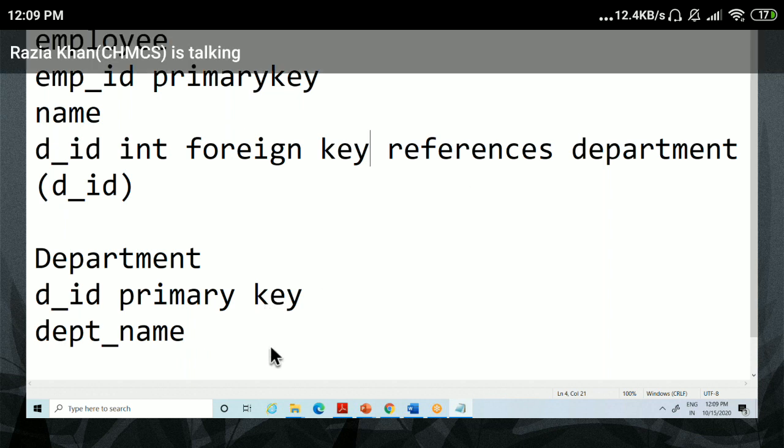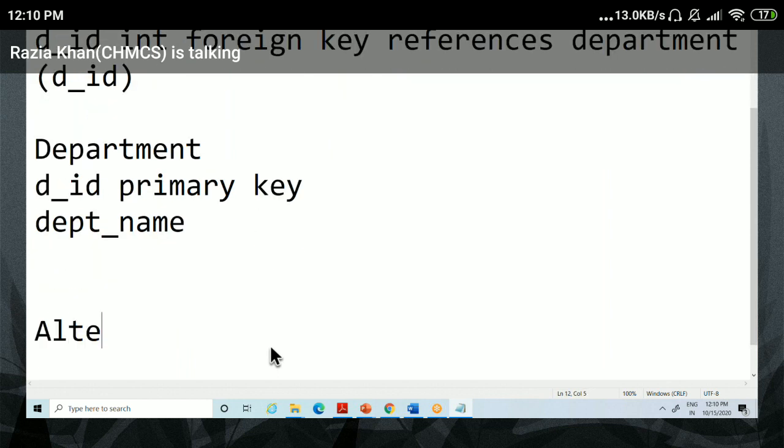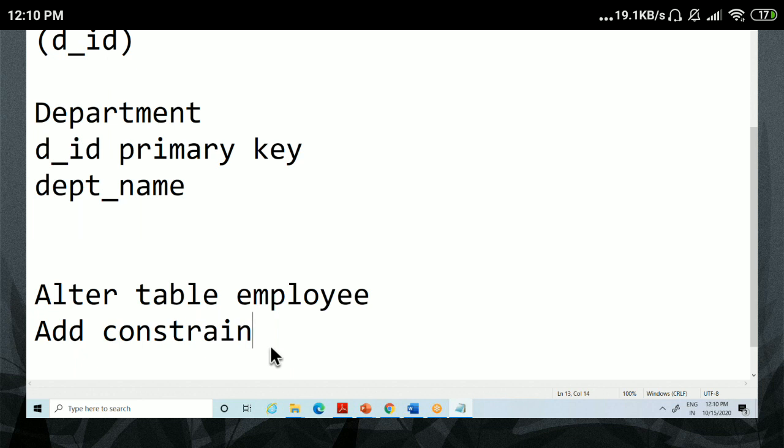Or if you want to add a foreign key constraint after creating the table, use ALTER TABLE. Just check the syntax, everyone. ALTER query: ALTER TABLE, your table name, maybe employee. Then the ADD keyword, then the CONSTRAINT keyword.